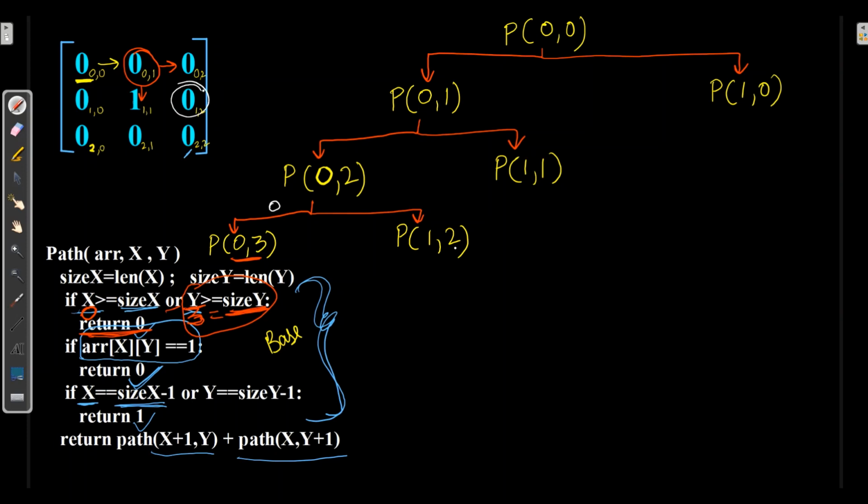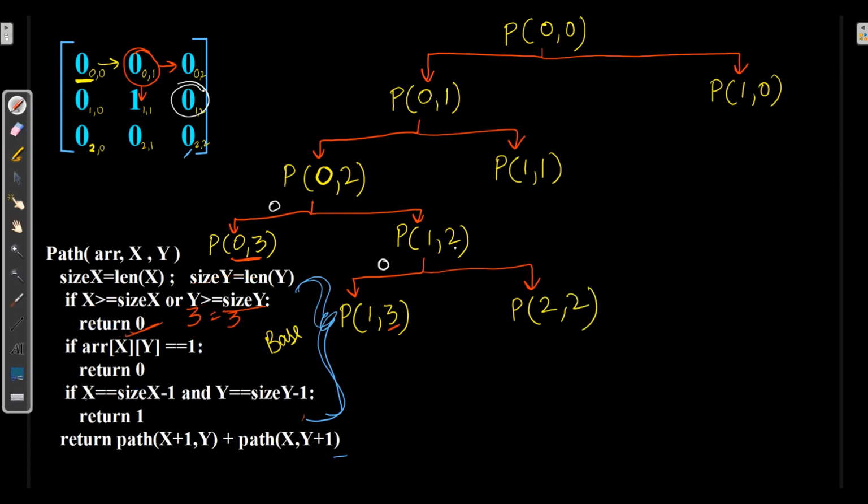Now for 1, 2, it will again go by the recursive way, either for down or right. So for down, it will be 1, 3 and for right, it will be 2, 2. Now for x, it is 2.